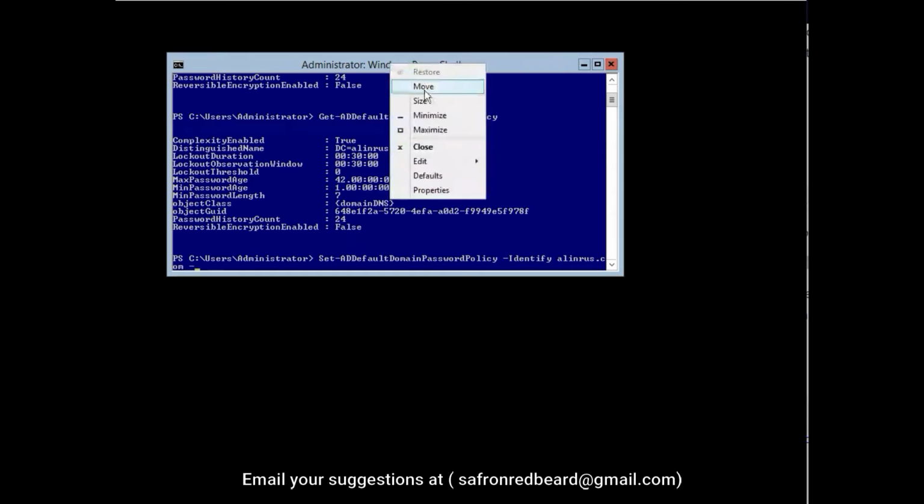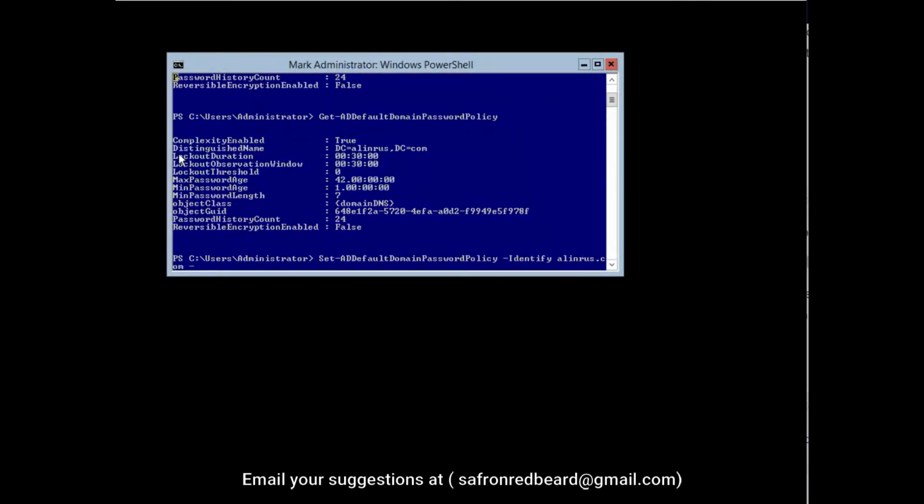The easy way is to copy all of them. So we will say lockout duration, right? This is lockout duration. Yeah, forget it. We can just do this without lockout duration. We will set it 5 minutes, and then we have lockout observation window. So we will set it to whatever is required, say 5 minutes,